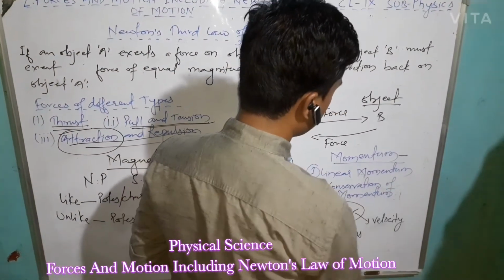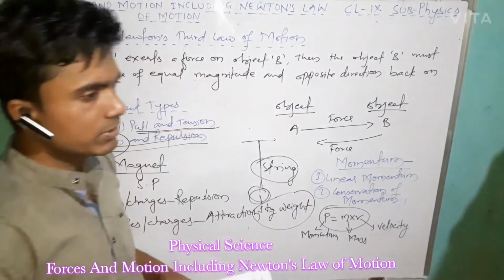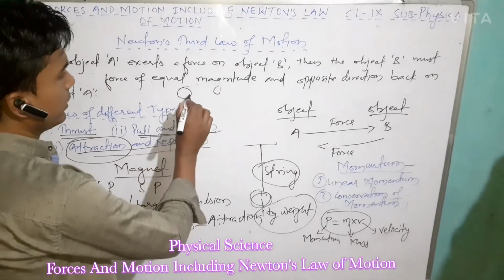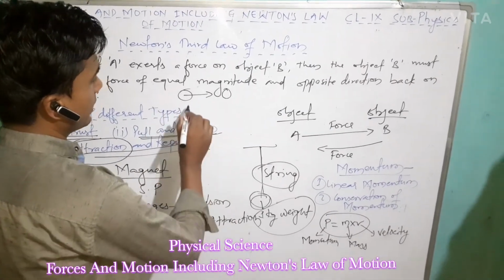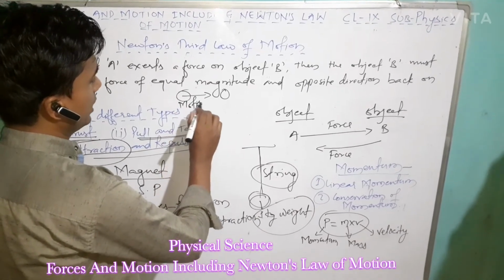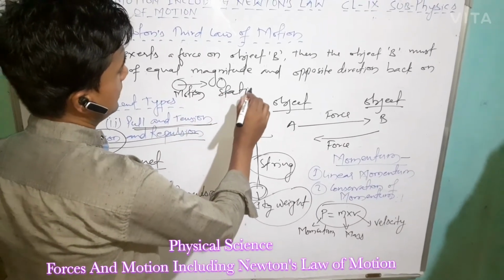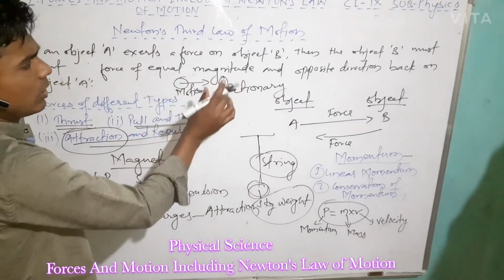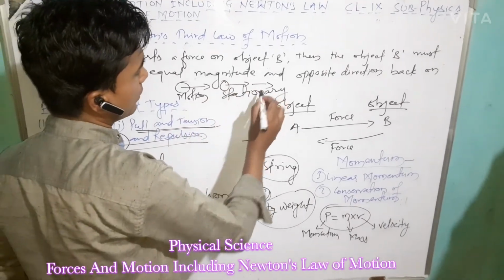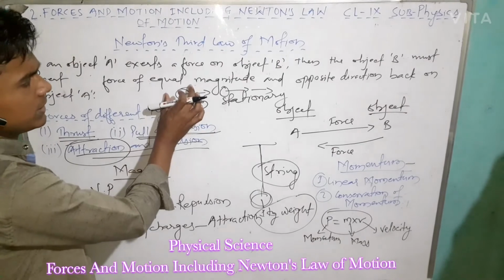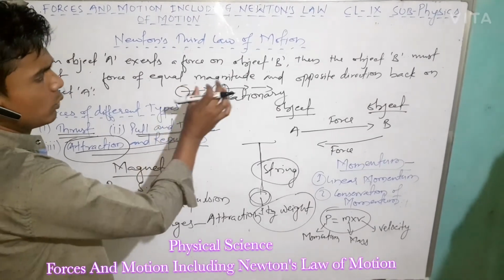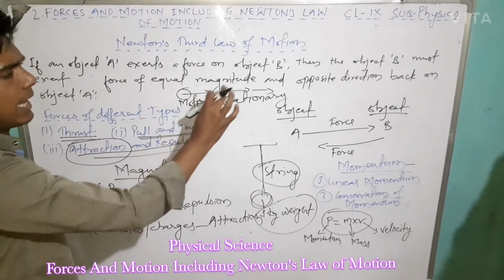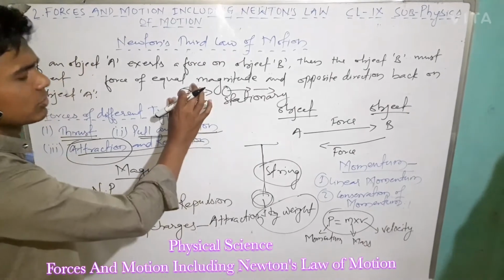Then another we got, that is conservation of momentum. Regarding conservation of momentum, say that this is one body, traveling here, and one body is here. This is in motion, and this is stationary. Now when this object, while moving, hits this object, this object will be in motion, right? So here the velocity of this object will be given to this one, and this object will gain the velocity. It will start moving and the velocity of this object will get stopped.